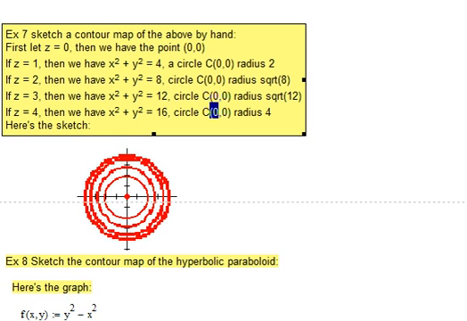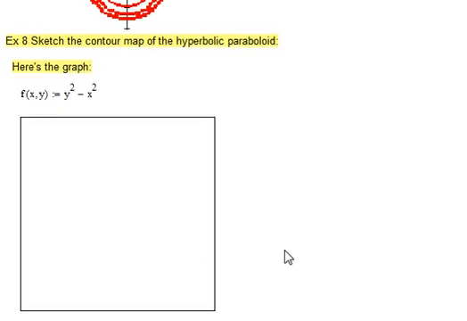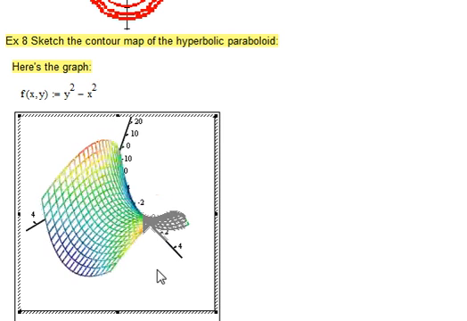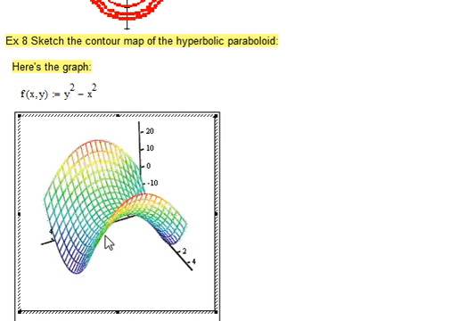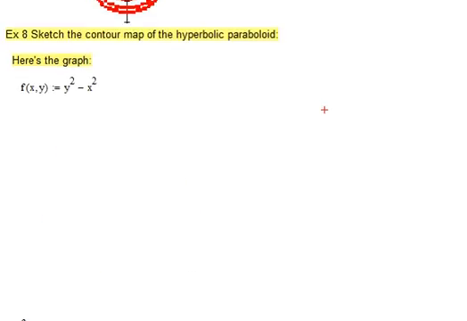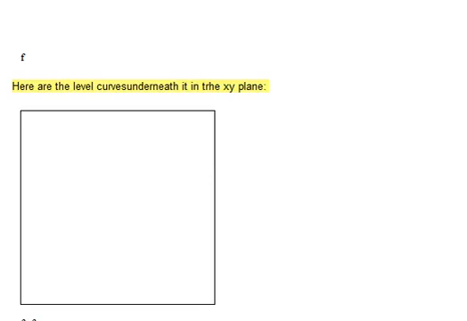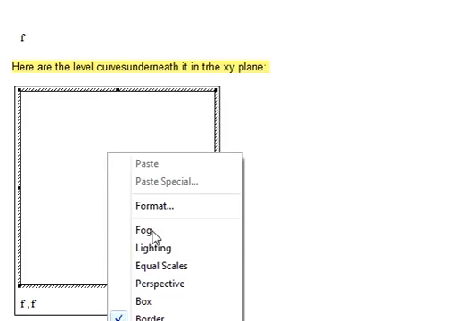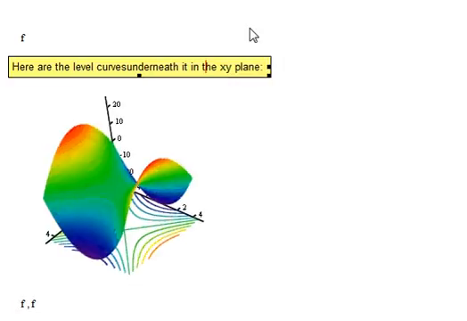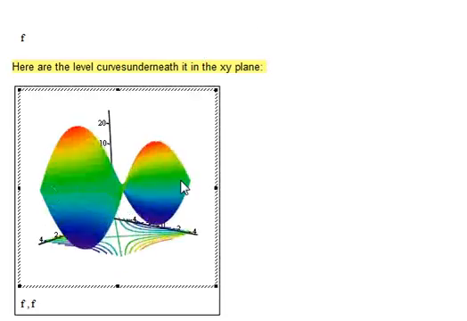So here's another contour map. This is the contour map of the hyperbolic paraboloid, and one could call this a saddle. So if you can see that saddle there, that's what our picture is of. And so we want to look at the level curves underneath it in the XY plane, and I hope you can see that. If you can imagine passing a plane through this thing,